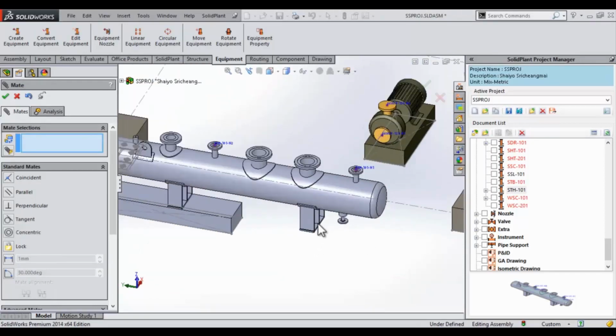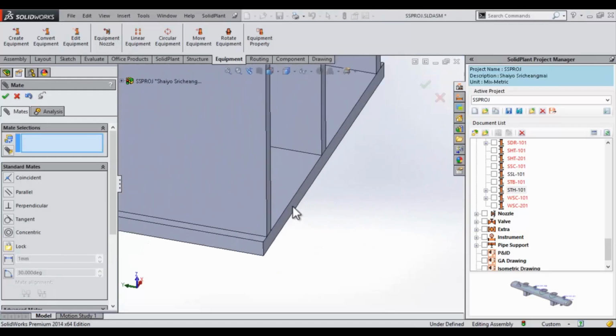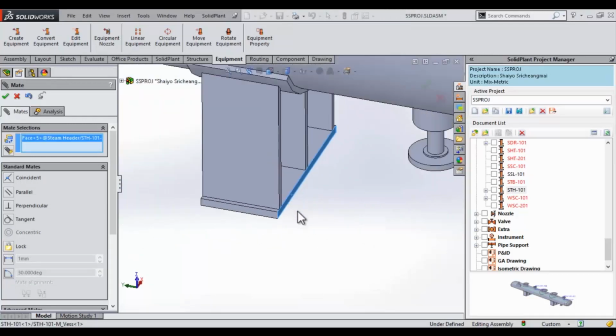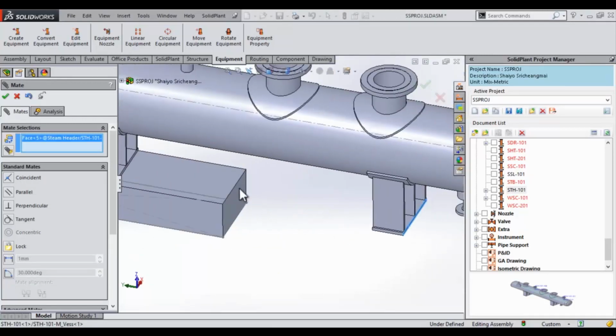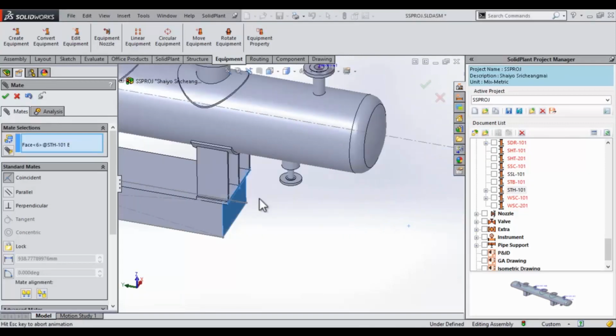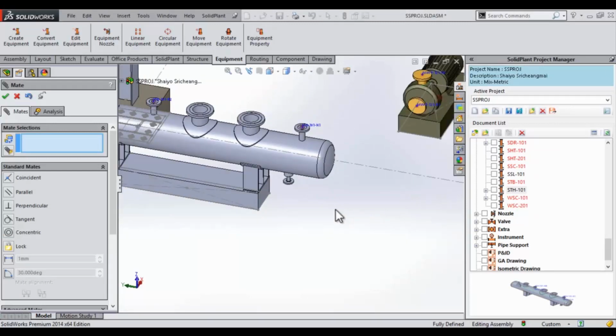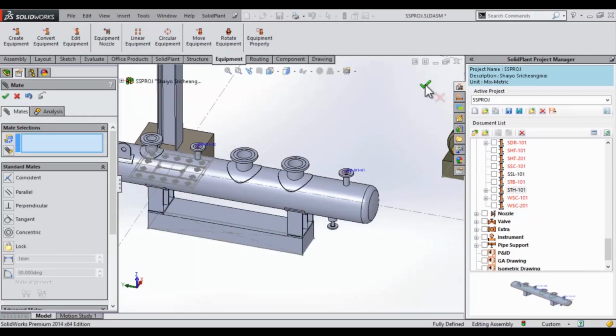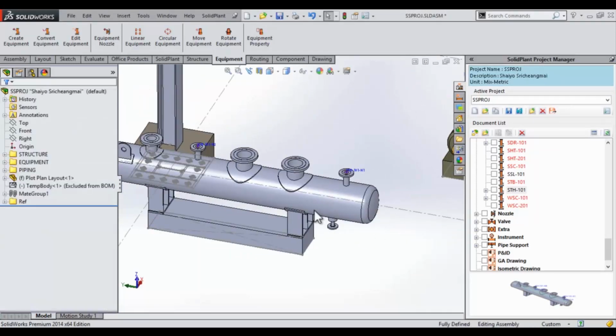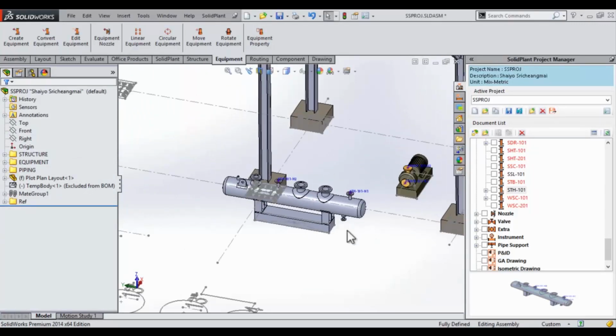We hit OK. We simply do the same thing for the final leg, selecting the end face and then the end face of the footing also. Those move in perfect. We hit OK. That's where we want it. We then close out our mate function. And there you have it. We very quickly and easily place two pieces of component on our sketch and on some existing